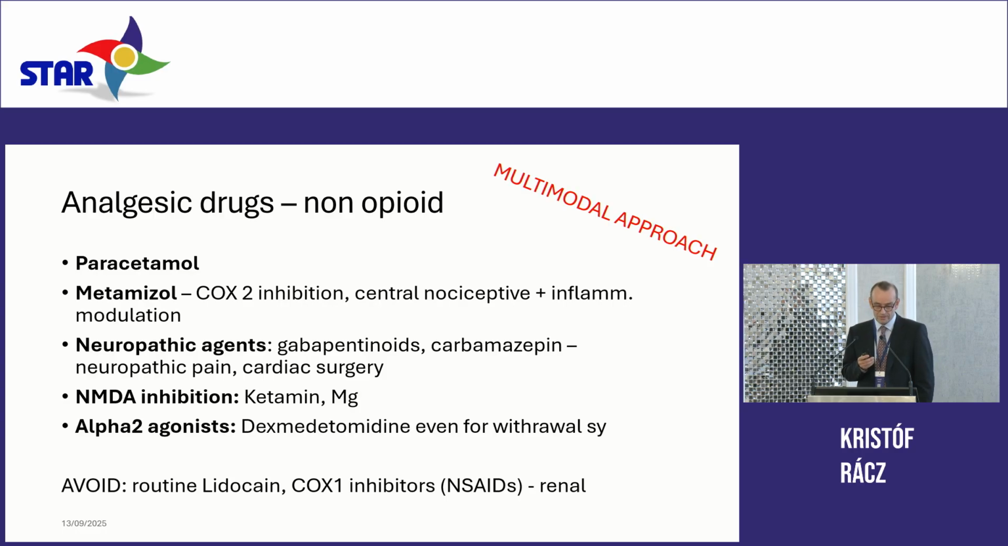gaining interest in the perioperative medicine, and many of the anesthetists give it as a pre-medication for the patients before the surgery. We have the N-methyl D-aspartate receptor inhibition. We can do that with ketamine, or we can do it with plain magnesium. So this also has a role in the pain management. And we have the alpha-2 agonists, dexmedetomidine and clonidine, but we are using more and more dex, which has a lot of different kind of